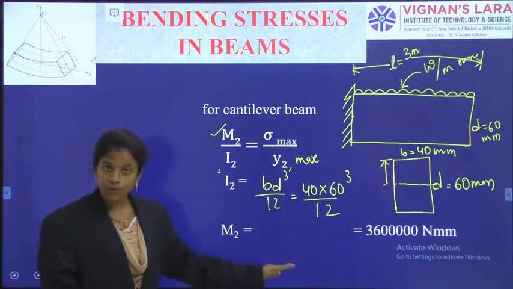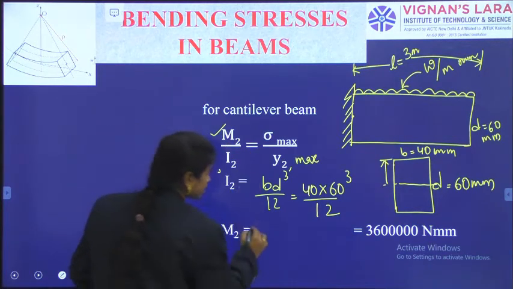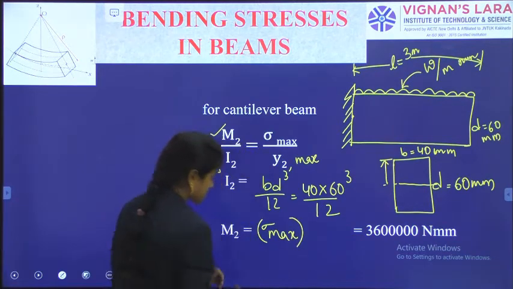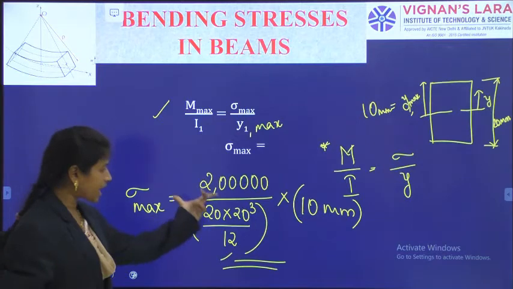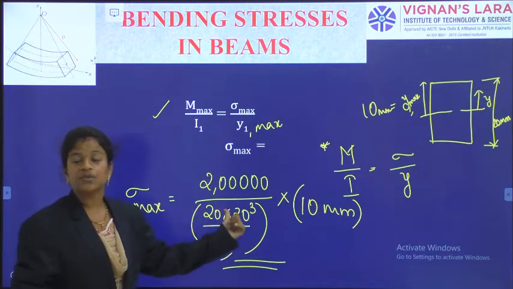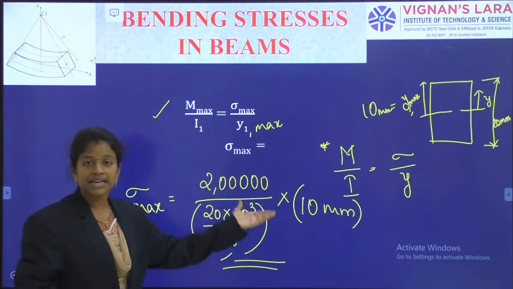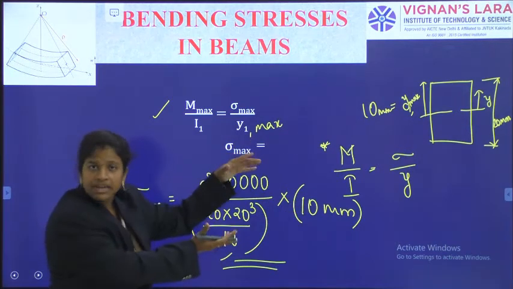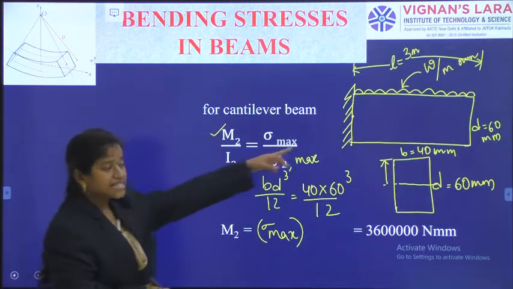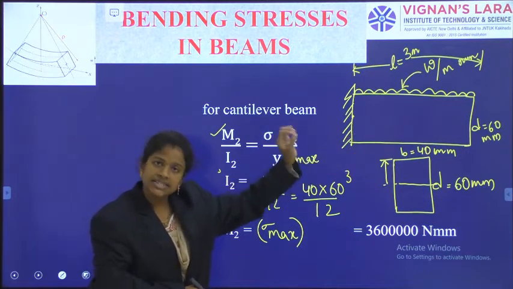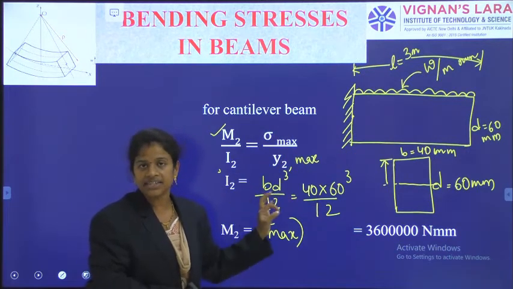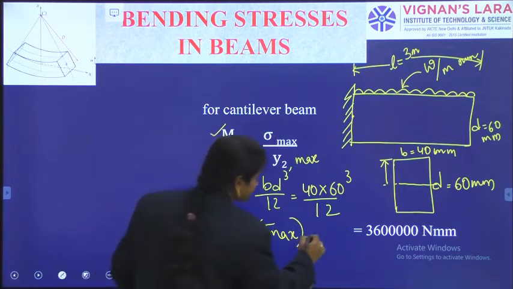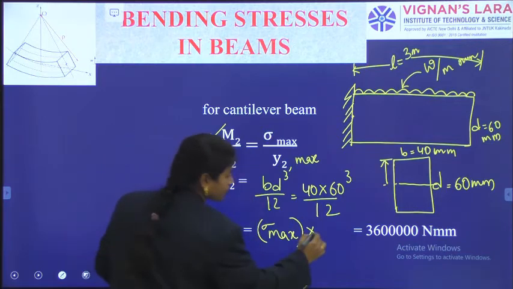And for M2, what can I use? I can use the sigma max formula or the answer from the previous step. So in the previous step, we have got the answer of sigma max. What is the sigma max? That is the maximum bending stress occurring in the fiber when it is failing. The same material I am using in this condition, so the material will have the same bending stress nature. That is the value we have got in the previous step. So the same sigma max will be useful here.